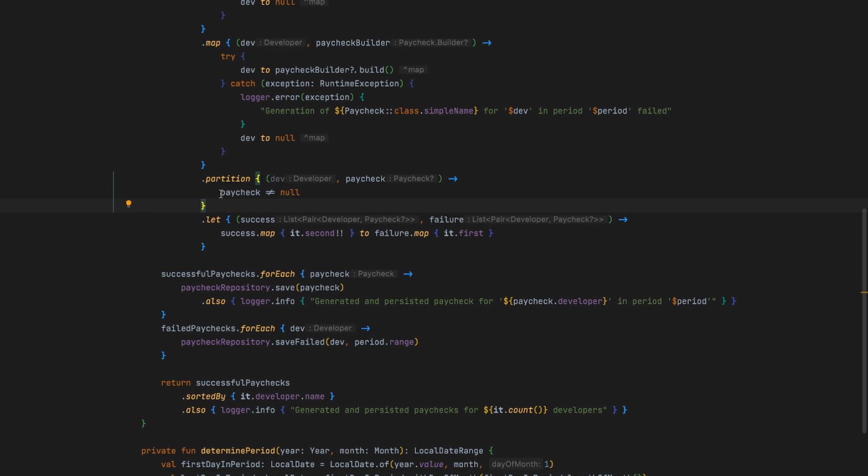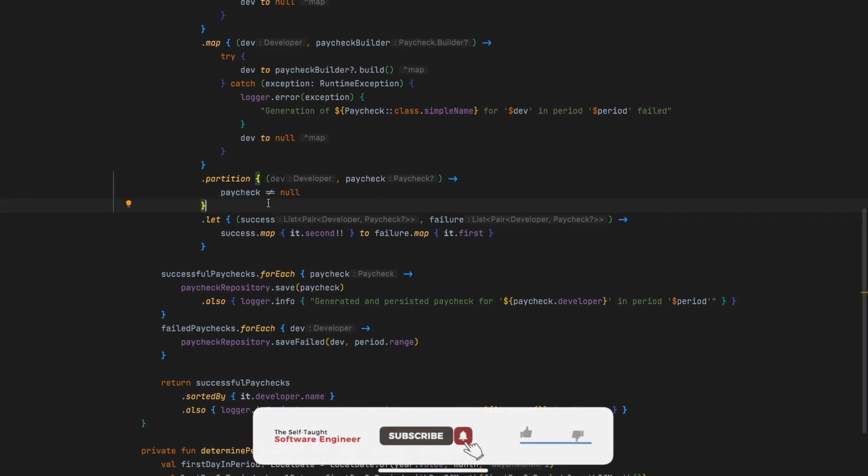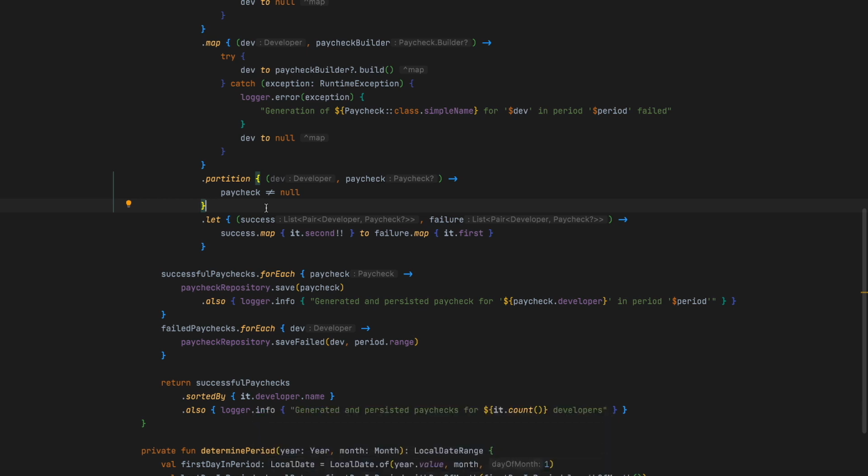So what we do right here is that we say we want to partition into paycheck being null or not, which obviously will give us one list with all the successful and one with all the unsuccessful paycheck generations. And the final thing simply here, which is also something that you can check out in the very first episode of Idiomatic Kotlin, is that we simply want to unwrap this whole mess with the pair and stuff, such that